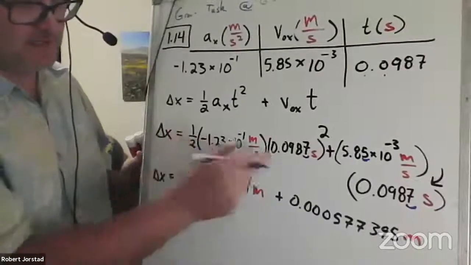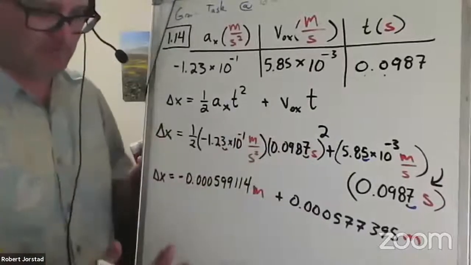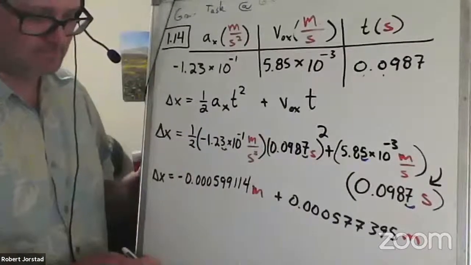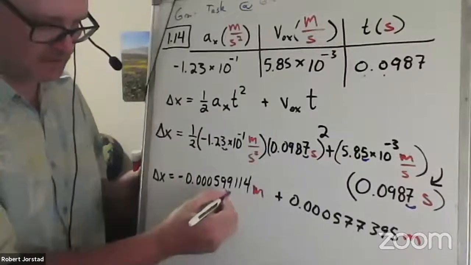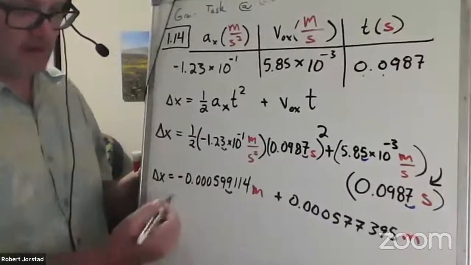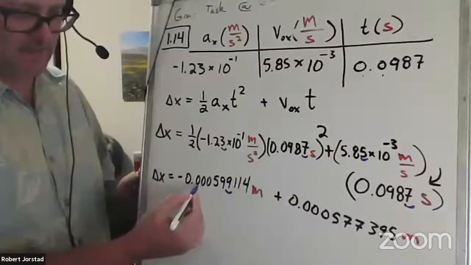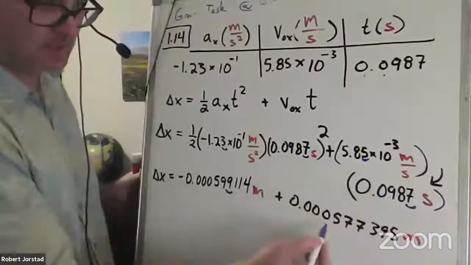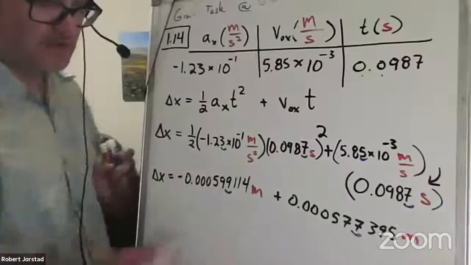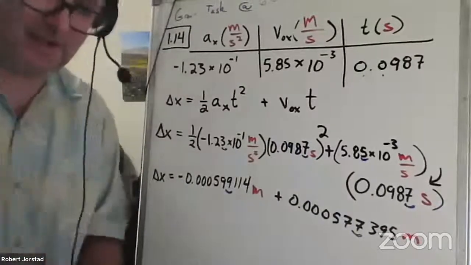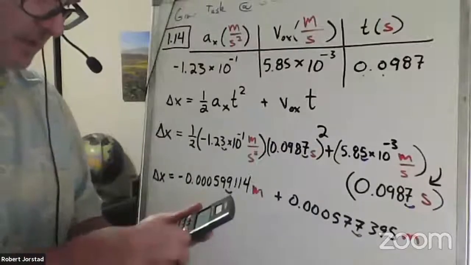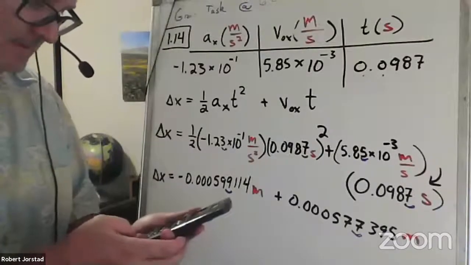This is 3 sig figs. This is 3 sig figs. When we multiply them, how many sig figs should I get? 3. Nothing crazy. Now remember, these are leading zeros, not significant, and then 1, 2, 3. How about this one? 3 and 3. This one should have 3. Add them together in your calculator and you get